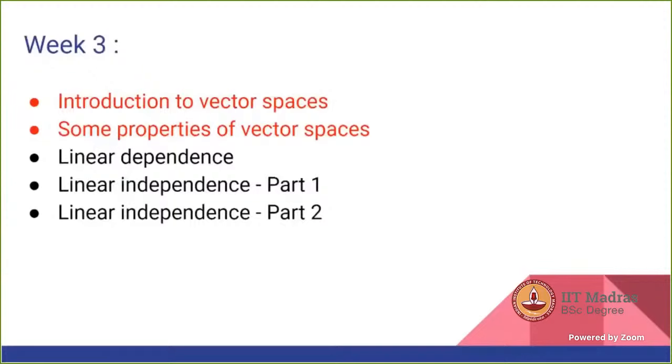In week 3, you will come to a space called a vector space, and you will learn the properties of a vector space. Then you will learn when vectors are called linearly independent or dependent. Vectors, as you know, are on the real line only, but when you come to a vector space, the dimension changes, like in R2 and R3. Elements from R2 and R3 can be called vectors.